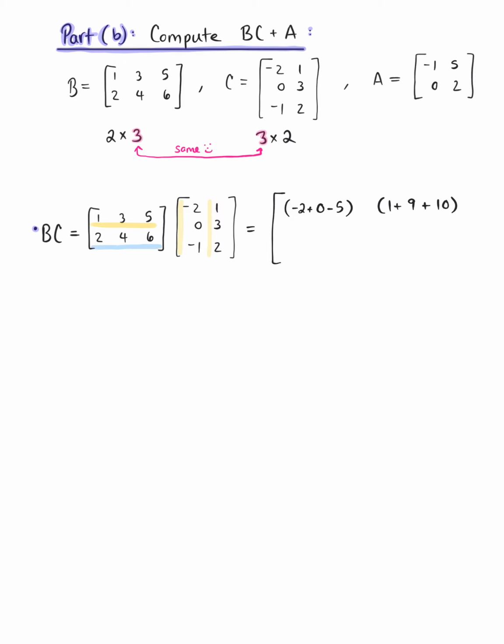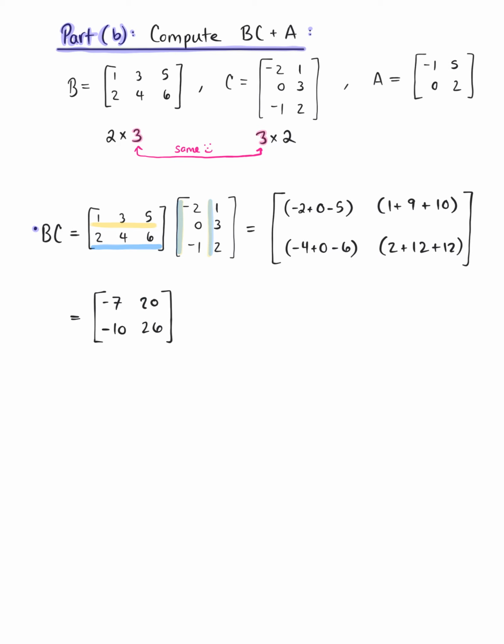Now we have the second row of B times the first column of C, giving us -4 plus 0 minus 6. And the second row of B times the second column of C gives us 2 plus 12 plus 12. And simplifying, we are left with the 2 by 2 matrix -7, 20, -10,